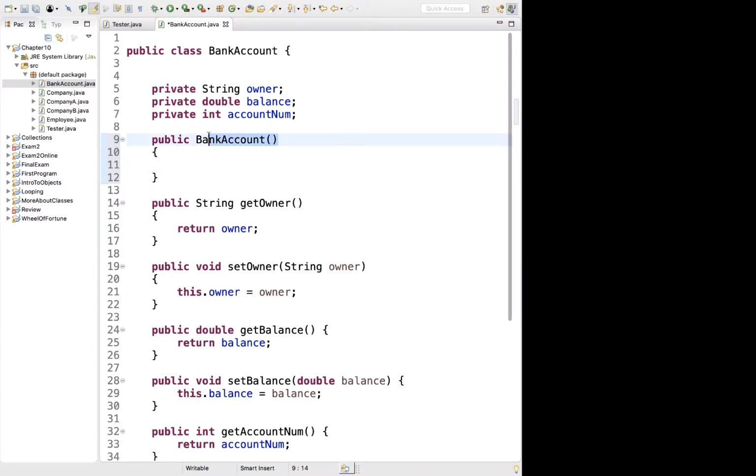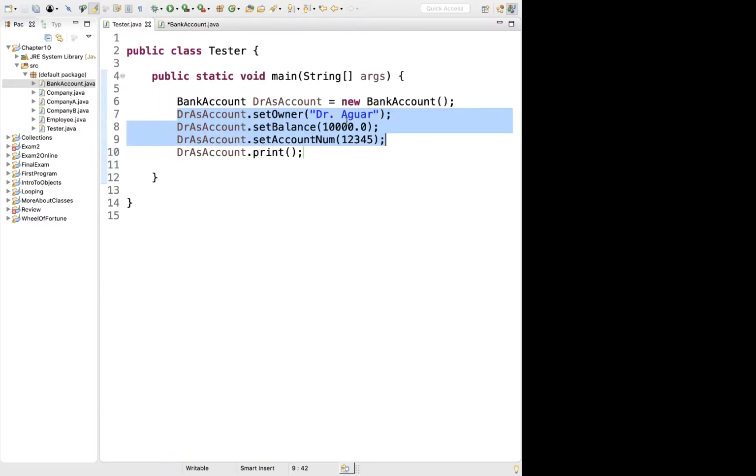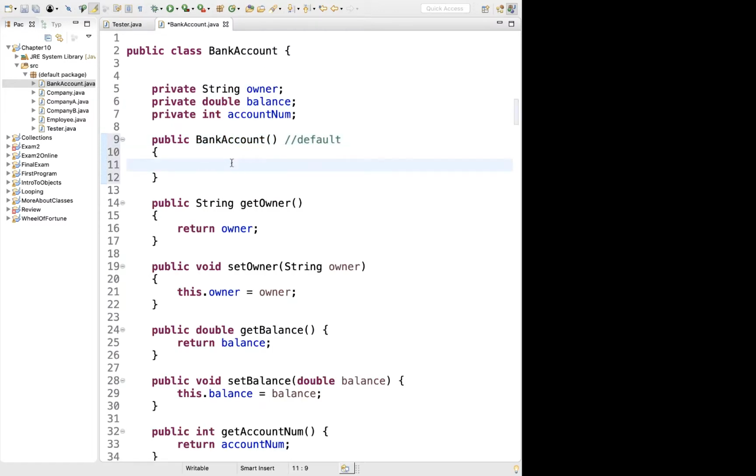And this is an example of a default constructor. Default meaning that there are no parameters in here, so when I create a new bank account object and leave the parentheses blank, which is what I did up here, right? What's going to happen? What do I want to initialize? So in this case, if someone creates a new bank account leaving the arguments blank, I would like owner to